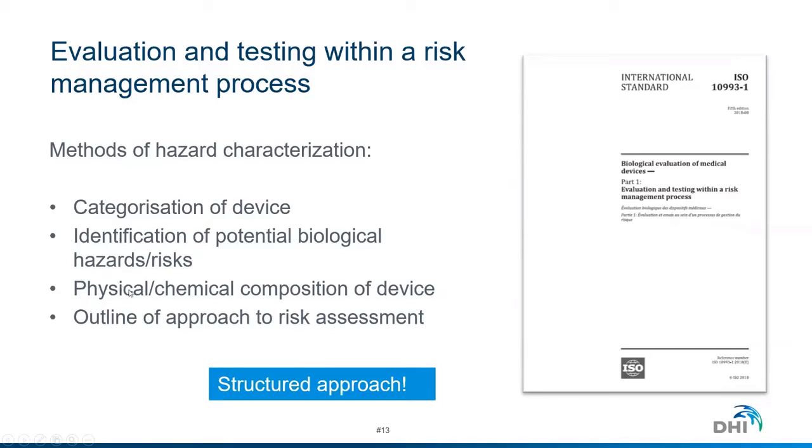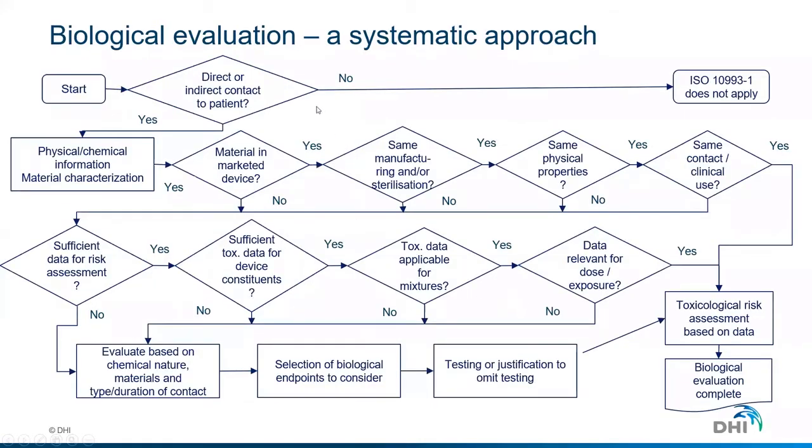It describes how to provide the physical and chemical composition of the device and how to use that in your risk assessment, and it gives an outline of the approach to risk assessment. So the systematic approach is described in the standard in this flowchart. I'm not going to go through all of this very busy slide, but what I want is to illustrate that you can go through this